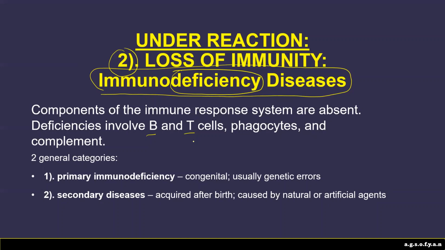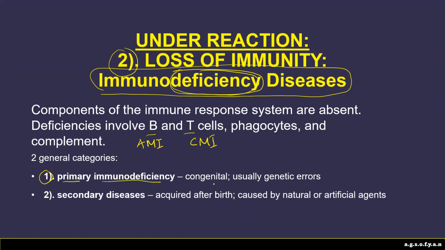The T cell does what we call the CMI, cell-mediated immunity, and the B cell produces antibody, and the response is called the AMI, antibody-mediated immunity. So, for example, if a person does not have the B cell and T cell, then they will have a deficiency in their immune system. There are 2 types of this immunodeficiency disease. The first one is called the primary